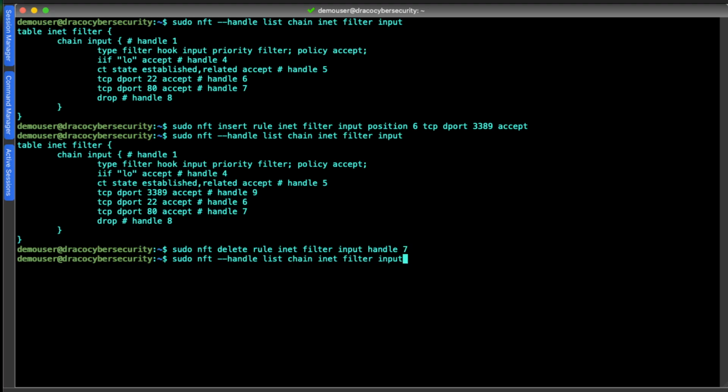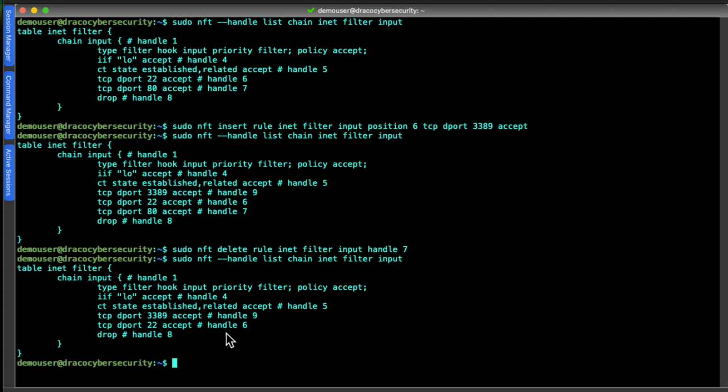Then if we do a list, we can see that handle 7 is now deleted. Okay, something interesting. Usually I go in and edit the file, as you can tell, but I'm just trying out the nft commands as we do the tutorial. Okay, so now that we have added 3389, we should be able to